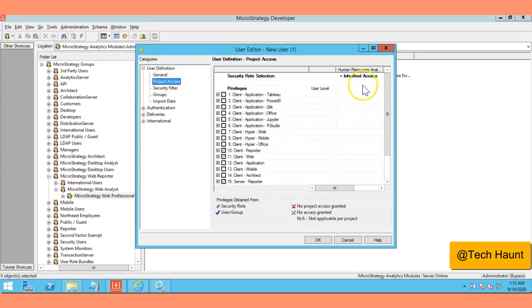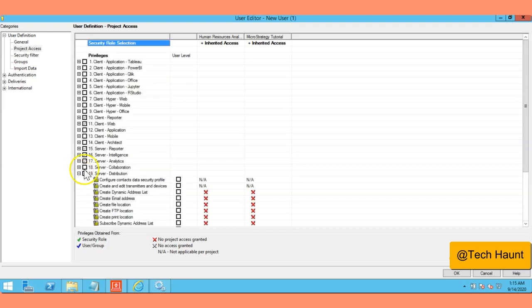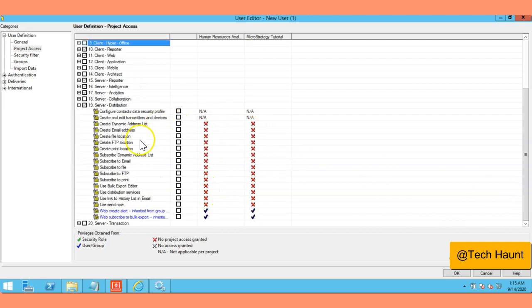Here you have all your groups, and here we are going to select them. If you look at the Server Distributions group, all of them are by default denied. You can see it here, most of them are denied. So I'm just going to select this one. If you hit this checkbox, all of them are going to be selected for all your projects here.